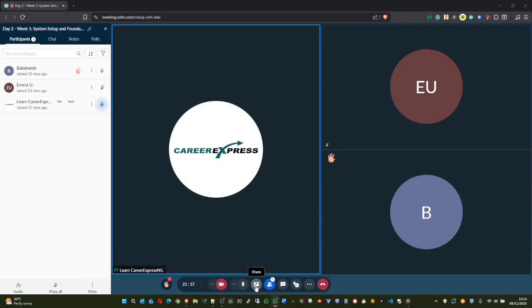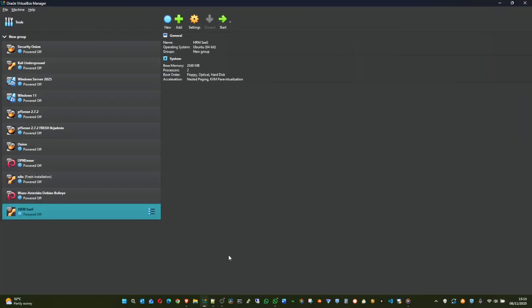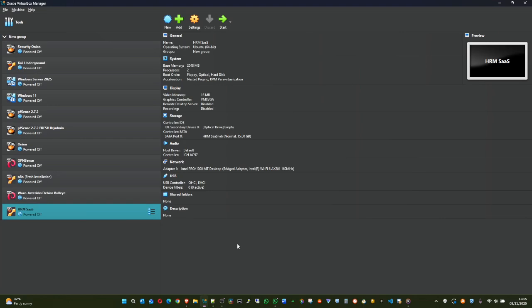So with that, we'll be able to do the installation of VirtualBox. And once we are done with the installation of VirtualBox, then we'll be able to see what is available in there.